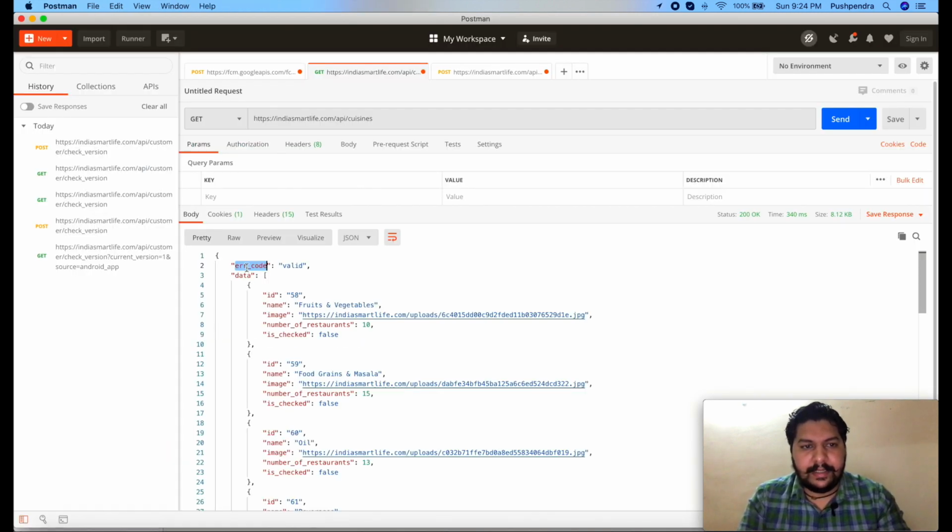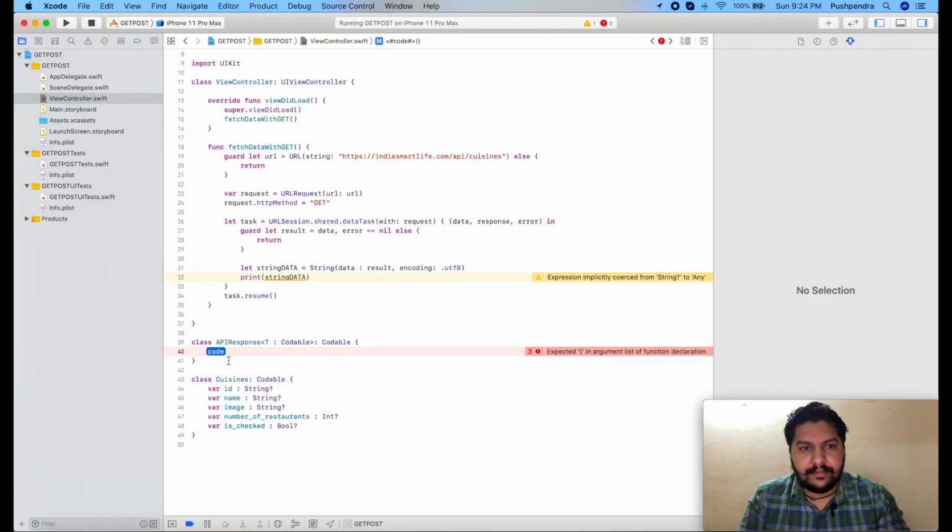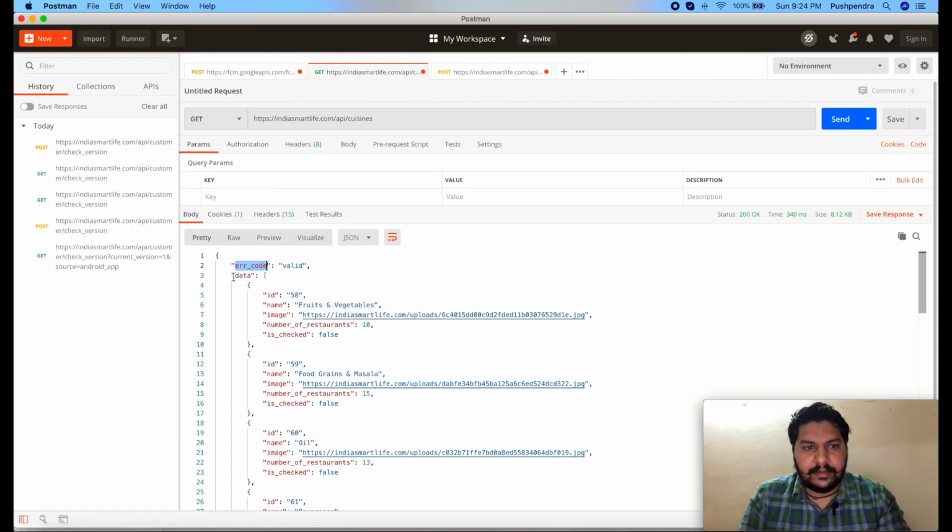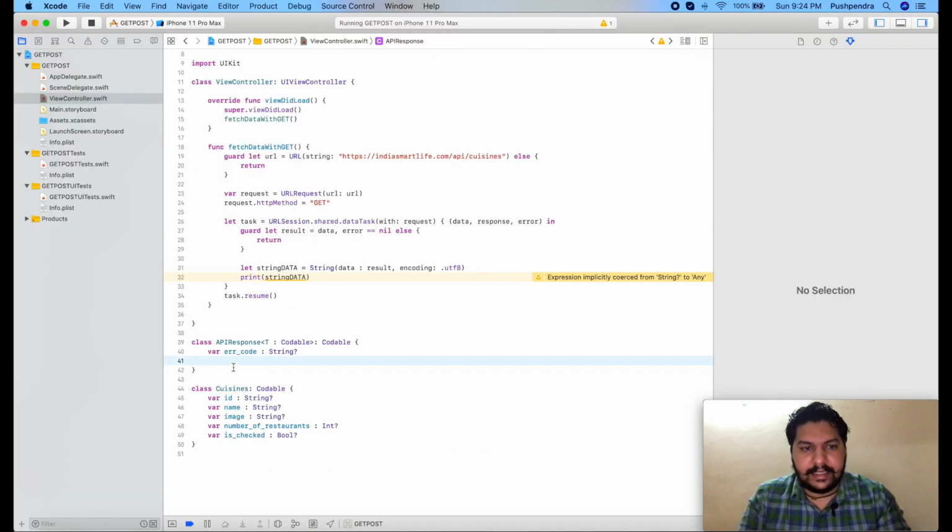Here it will be errorCode, same with errorCode as String, and data as generic type, so data as T. Fine.